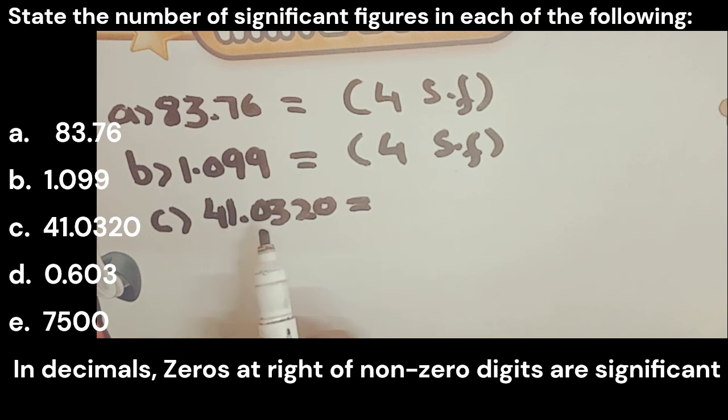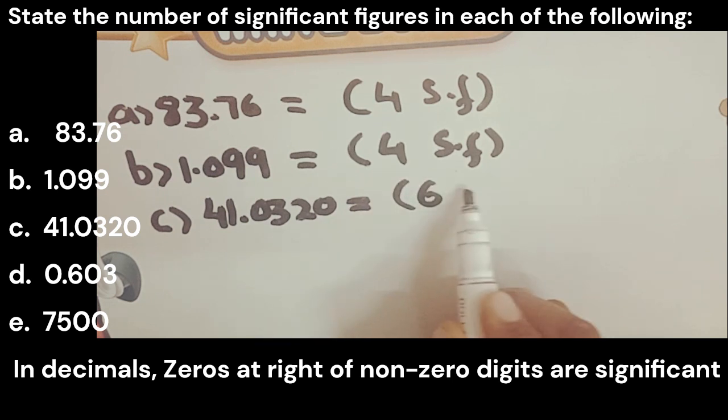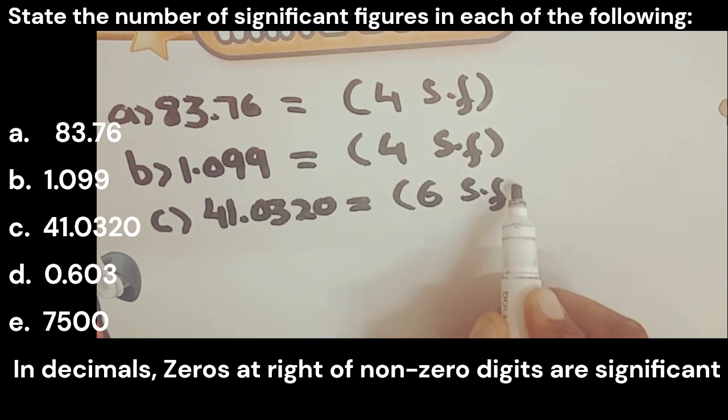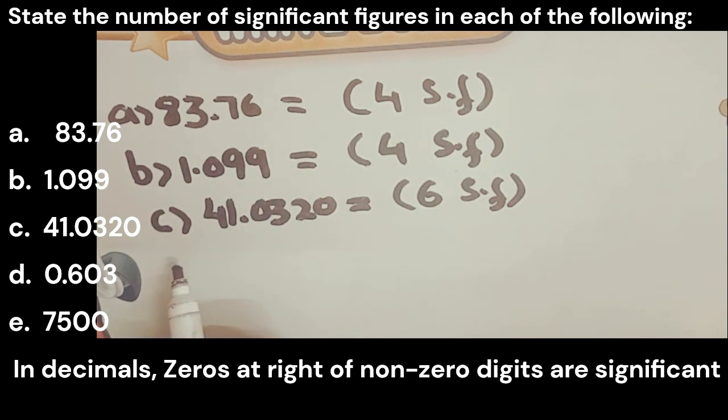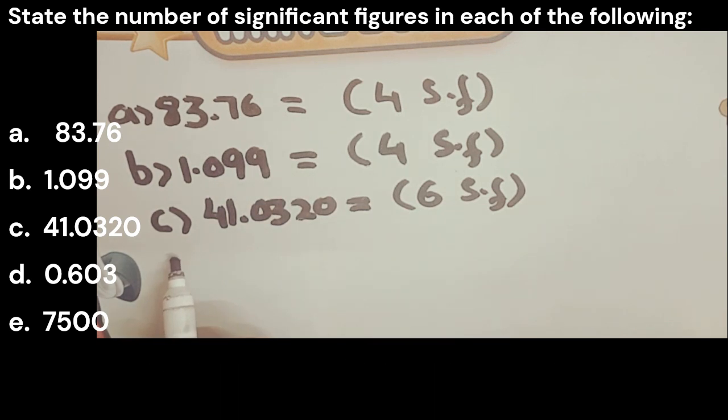This is 1, 2, 3, 4, 5 and 6. So this number contains 6 significant figures. According to all the rules, we have to apply those rules on these digits. So part D is